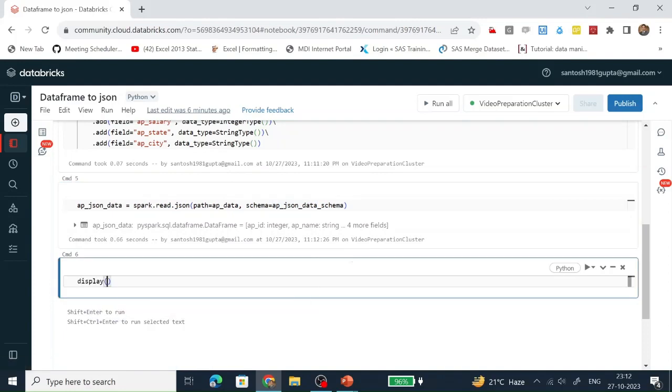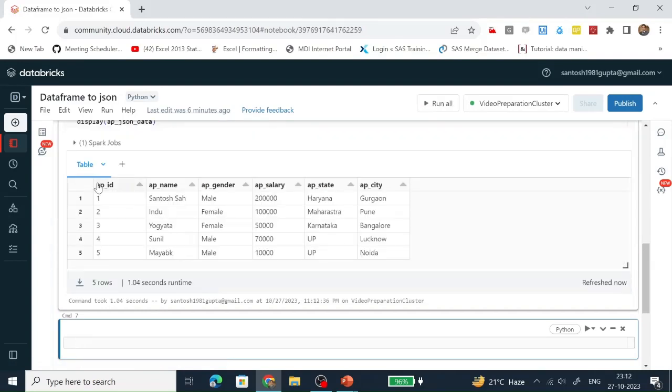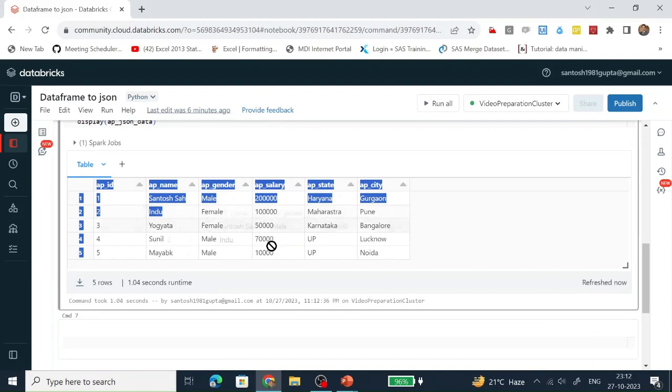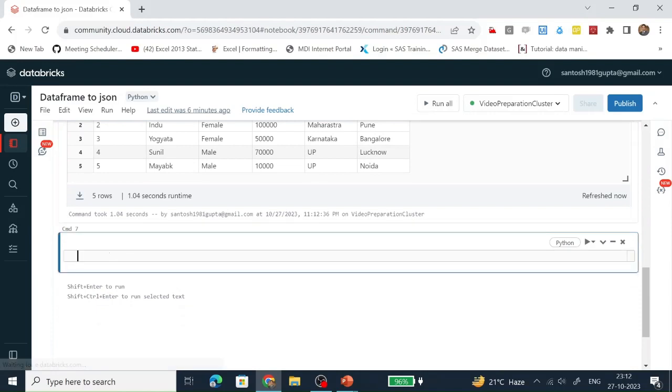Let's see the content of the data frame. This is the content of the data frame. Let's see what is the schema of the data frame.